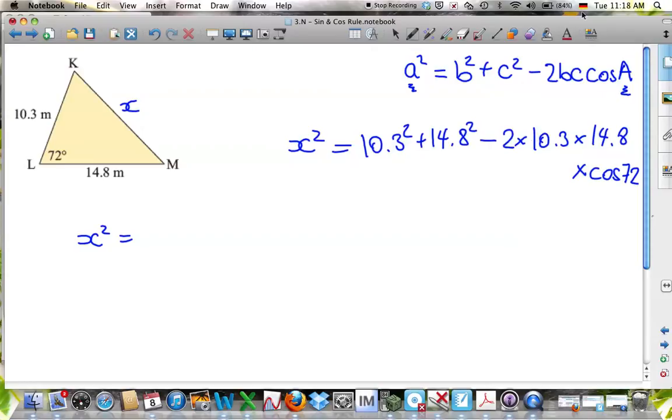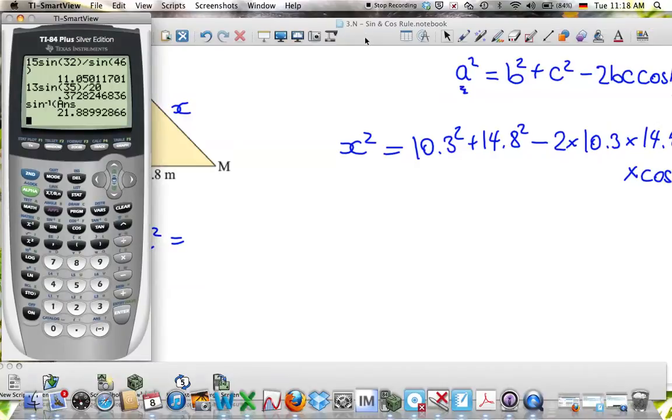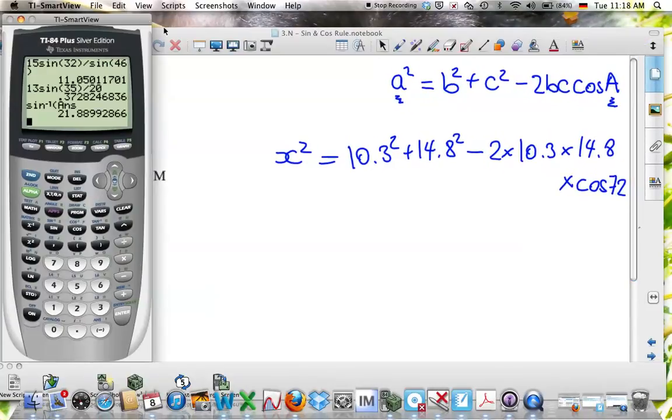Now, just to make sure I don't lose things, okay, so let's find the calculator. See if I can do this at the same time. Okay, so we're going to type all of this into our calculator. Now, it's actually easier, I think, in this case to type it all in one go, but just be very careful. The calculator will do PEMDAS, so we're okay with that, but just be careful not to miss anything. So 10.3 squared plus 14.8 squared